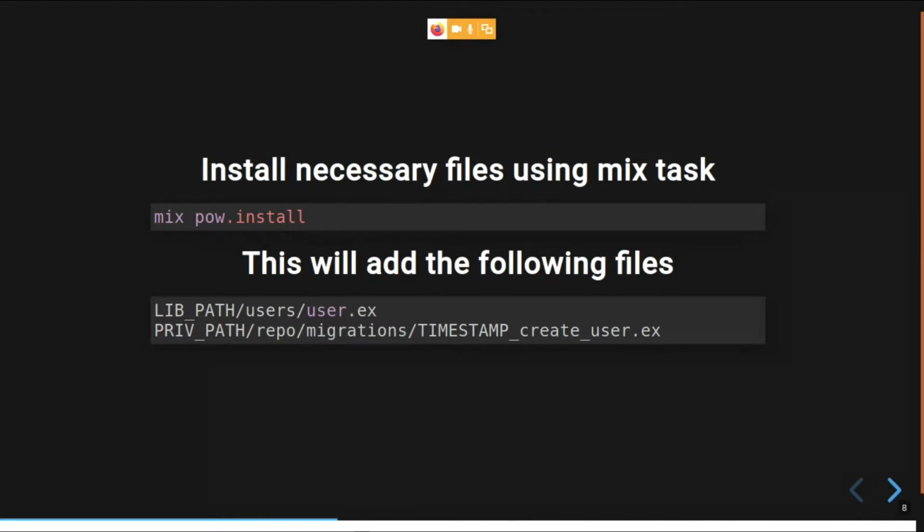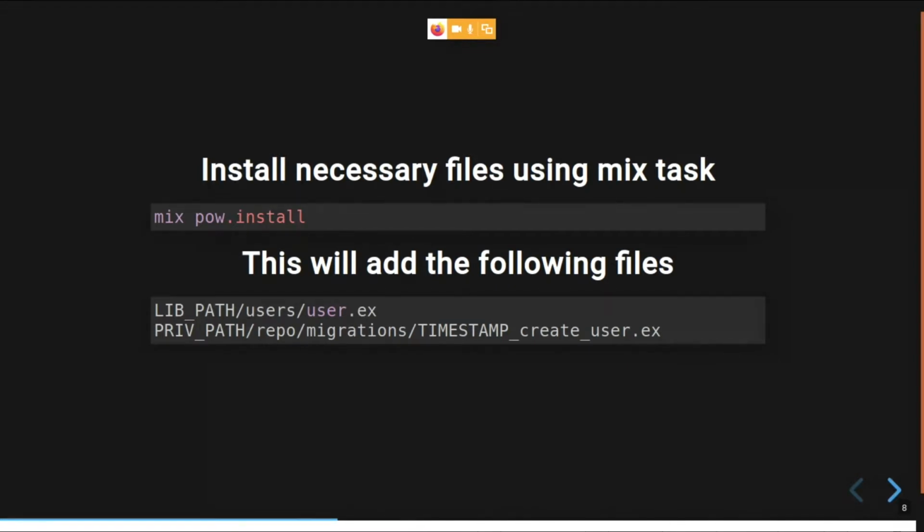By default, the mix task gives you only two files: one is a user module in a users context, and a corresponding migration file is also generated. This is all that is required for Pow to work. There are other features and other files that will be used by Pow, but they are hidden.